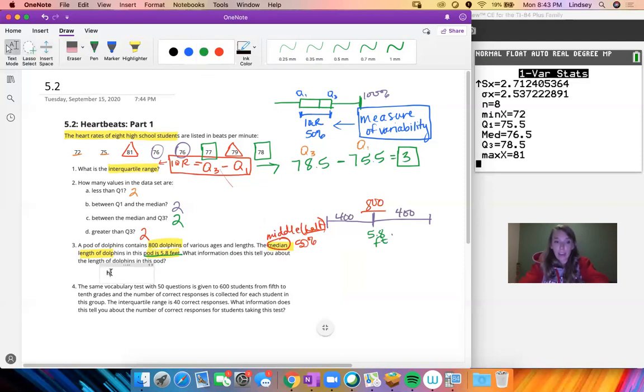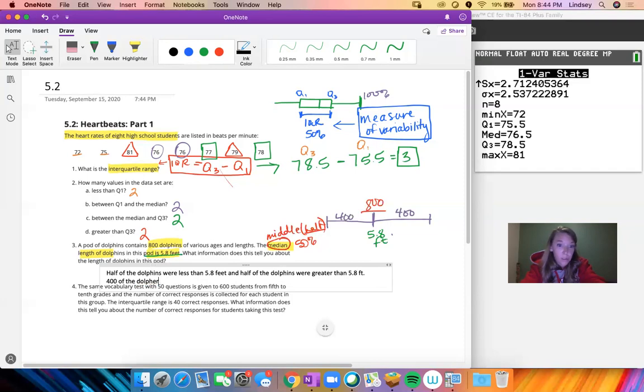It tells me that half of the dolphins were less than 5.8 feet, and half of the dolphins were greater than 5.8 feet. And if you wanted to be more specific, you could say 400 of the dolphins were,